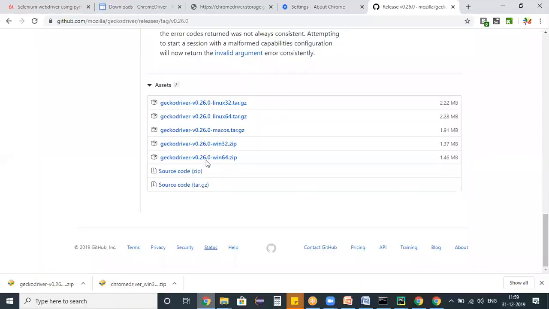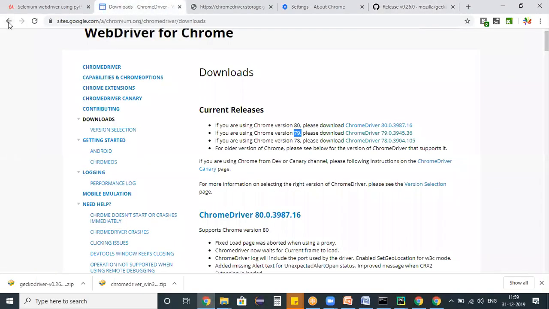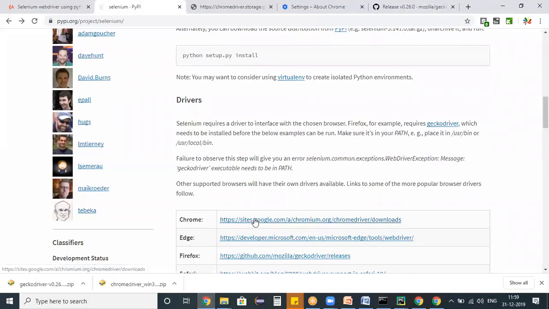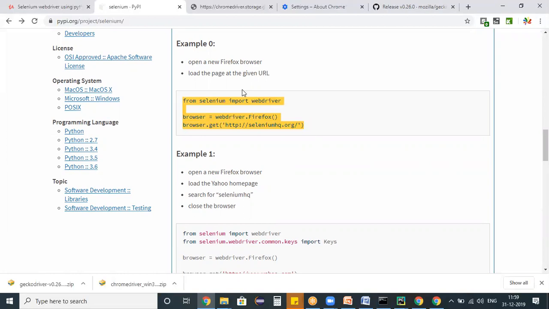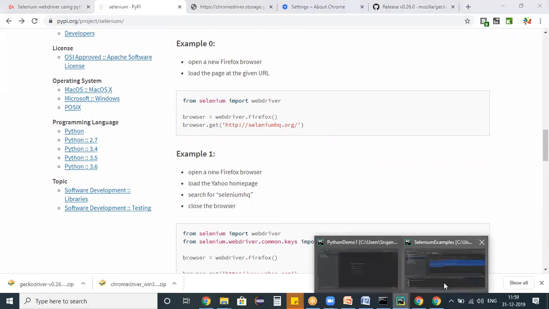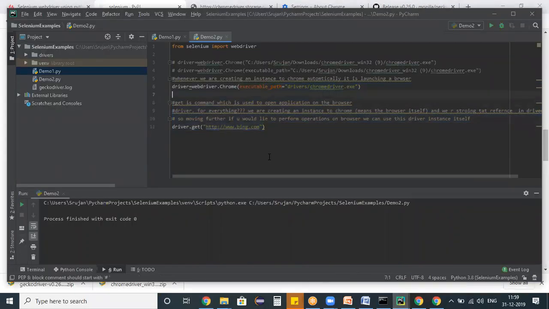And if you compare this with the Selenium official website documentation, they have given a basic example which is opening the application on a browser, right? We have done this and we know what exactly the first line, second line, and third line do. The only difference is that inside this, we have passed the exe file path. Automatically, it launched a browser and performed the operation. So this is the first example of how to create a program and how to perform operations on a browser in